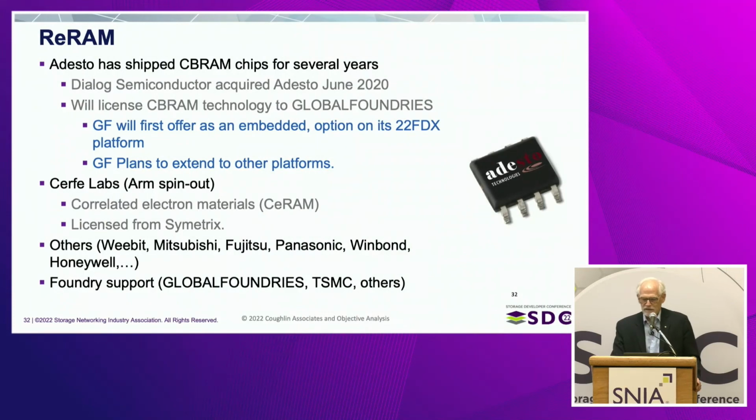Resistive RAM is also in production, but in a quiet way. It's been shipping by Adesto, now part of Dialog Semiconductor, since 2013. And actually, Dialog is now part of Renesas, so the fish are eating each other. It licensed its CB-RAM technology to Global Foundries to be offered as an embedded non-volatile memory option on its 22FDX platform